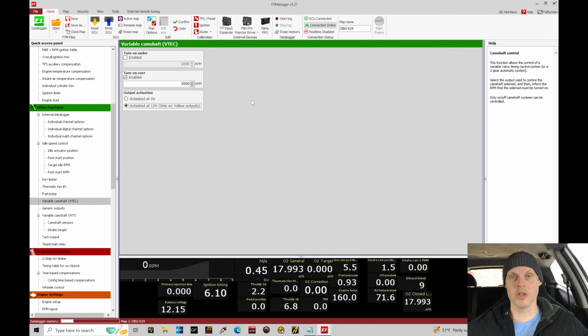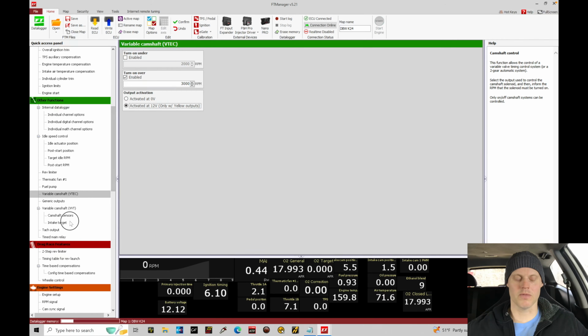It's really a poor way to control VTEC. Yes, it works, but it is not ideal for a road race or a street going vehicle. If you're drag racing, it doesn't necessarily matter, but again, I'd still like those variables for programming. So we're going to lock our VTEC on at 3,000, and we need to go touch up our variable cam target